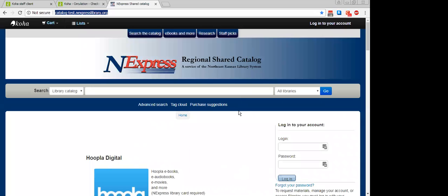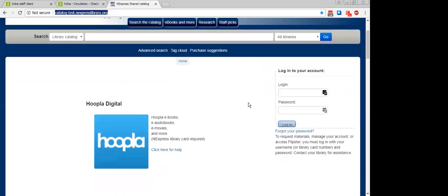The test OPAC is where we're trying to make some changes. These changes aren't going to be here when we upgrade on December 9th, but it does look a little different, and we are looking at making some changes here. Some of the things I'm going to show you, though, are not cosmetic changes, and these are going to be new in the catalog. So that patron that we just checked those items out to, her card number is Jenny111,